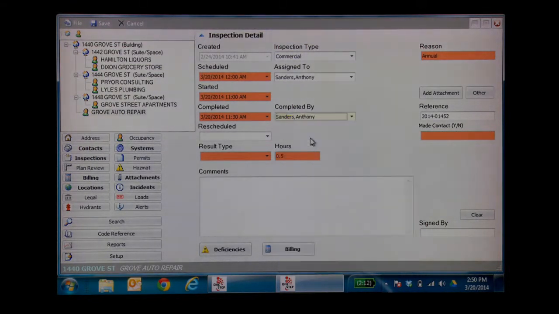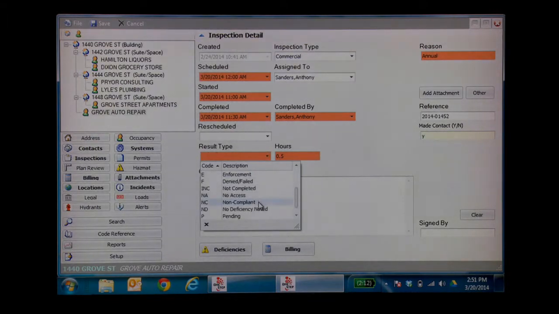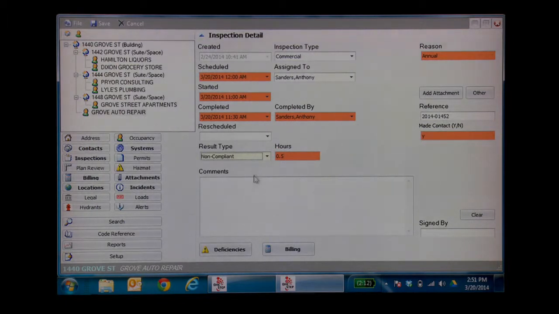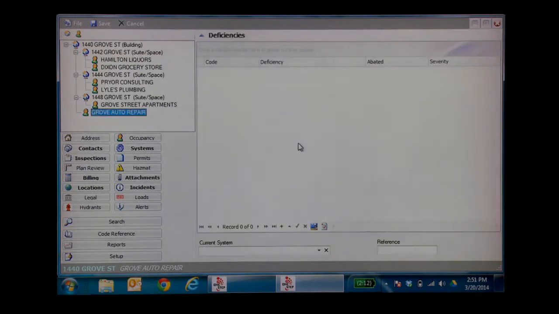the inspection. After we put in who completed the inspection, we want to put whether or not we made contact with the person responsible for making the fire code violation changes. In this instance, we did. So we click a Y. Under result type, has a non-compliant result. And now that we've verified that all this information is accurate and complete, we click on deficiencies to add our